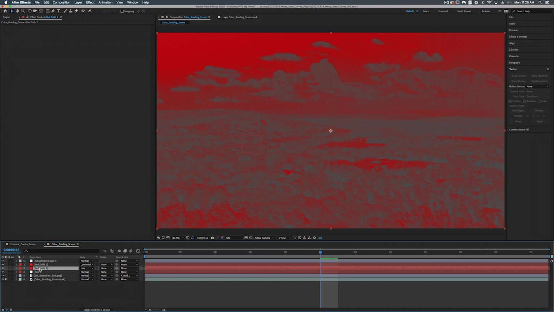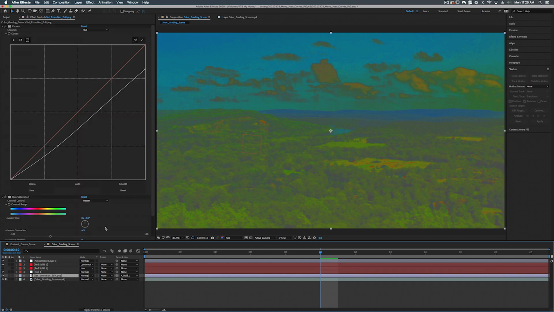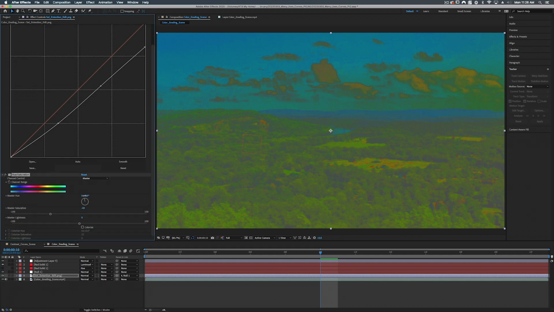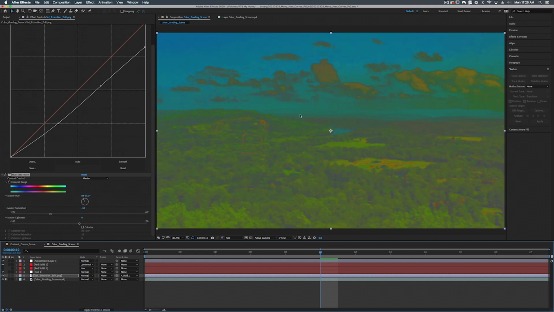This bottom one where it says hue, let's turn that off. Now we have the hue information. Now, as you can see, most of this is very green, while this is very blue. So let's go back into our hue and saturation, and let's maybe change this more to a greenish color. Now, obviously, if we do this, it's going to look weird. Let's turn these off. A little too much. Now, like I said, the